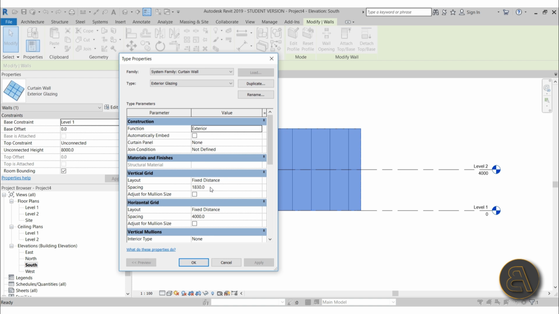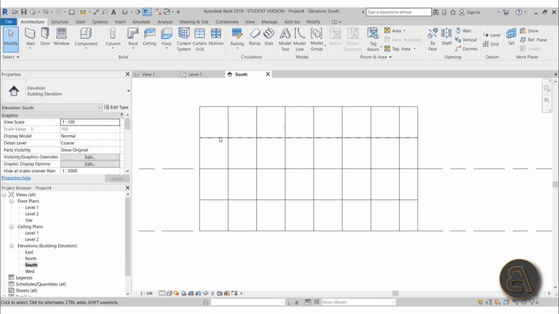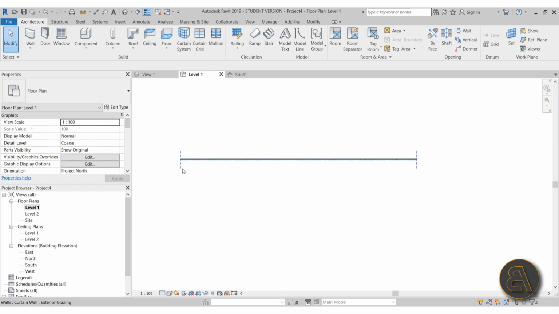Yeah, let's change the spacing for the vertical grid. Let's leave it as is. And here for the horizontal grid, let's do it at, I don't know, something like 2 meters. So 2000 millimeters, hit apply. Okay, there we go. So now to fit our family in, I'm going to go back into level 1 and